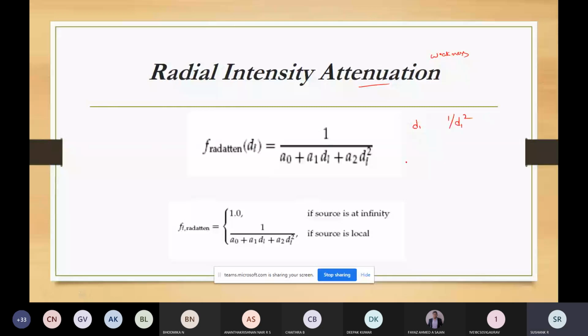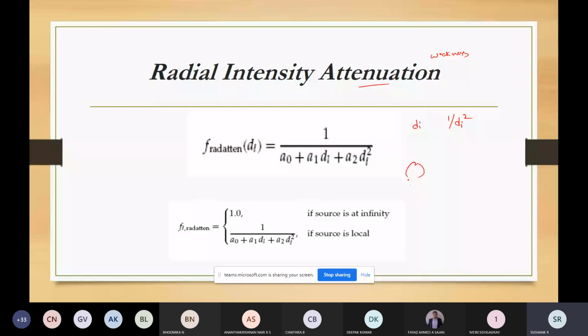So as the energy from the light source travels through space, its amplitude at any point at a distance d from the source is attenuated by a factor of 1 by d square. Attenuated means loss of strength or reduction in the force. That is what I told in the example. See, I'll just draw this.